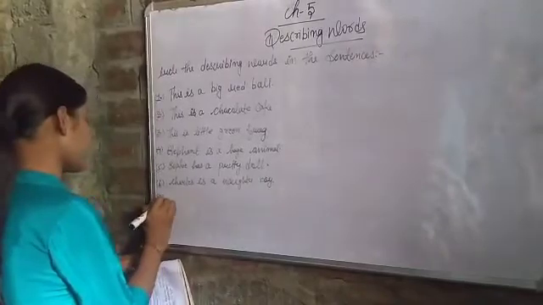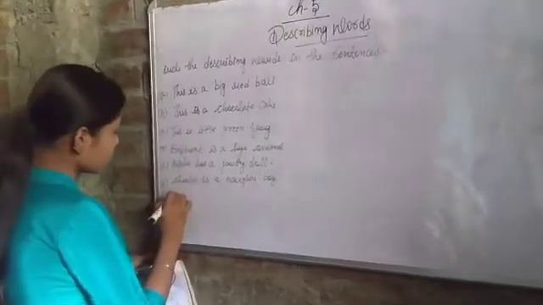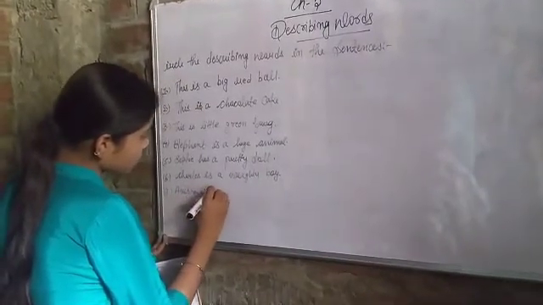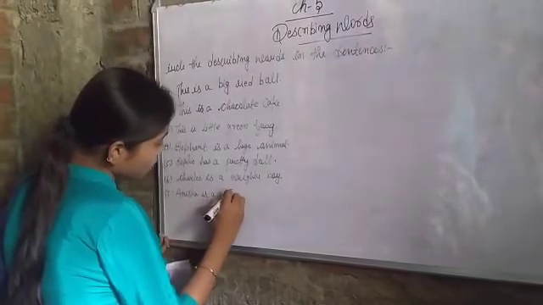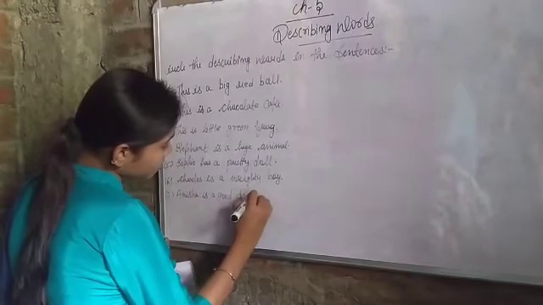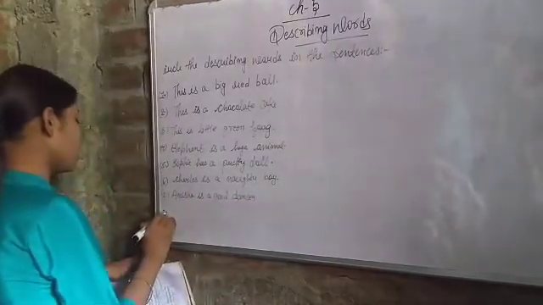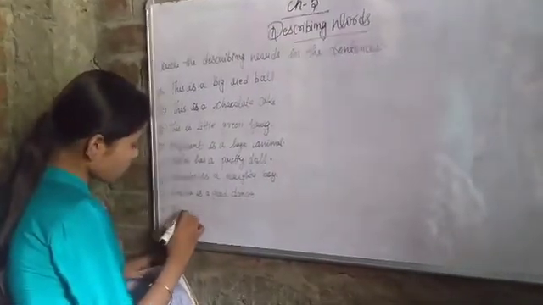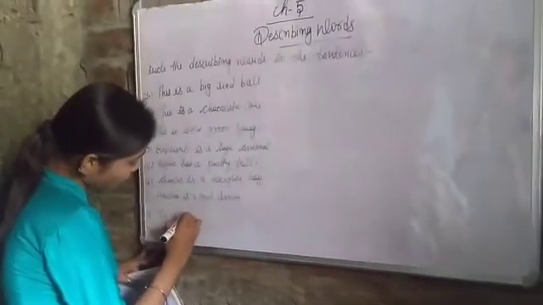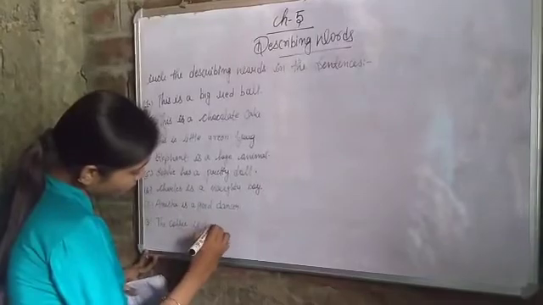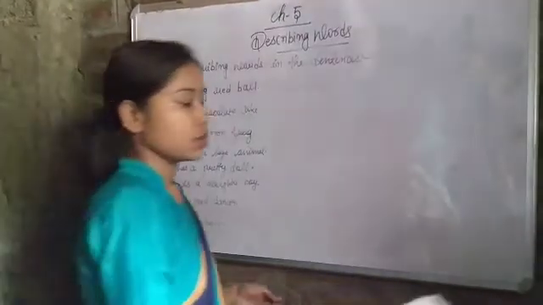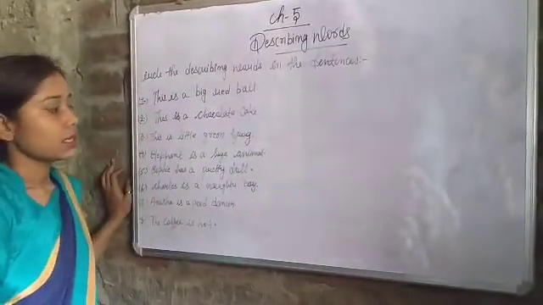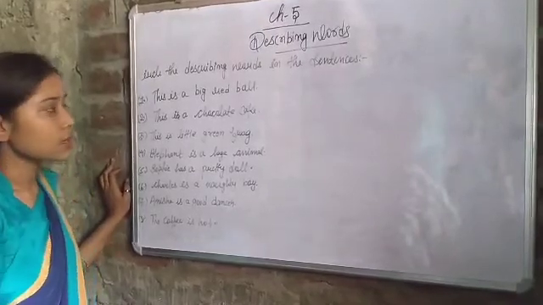Number 7, Anisha is a good dancer. Number 8, the last one: the coffee is hot. So this is the last one. Now let's understand: circle the describing words in the sentences. Here we have a total of 8 sentences, and in those sentences